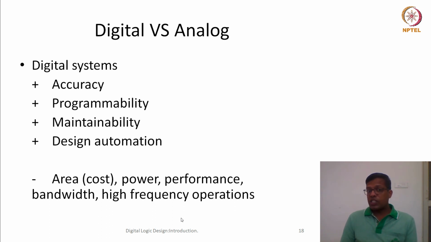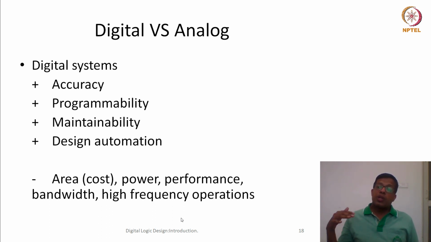If there are so many advantages, there must be some disadvantages also. Your analog designs are usually very small with respect to digital designs. So let's say if I want to do multiplication in analog, it could require only 20 transistors. But if I want to do the same multiplication in the digital domain, then I might require 10,000 transistors. So the cost could be 100x or 200x in the case of digital. Because more transistors are required, it would be costly, it would be slower, and it would consume more power.